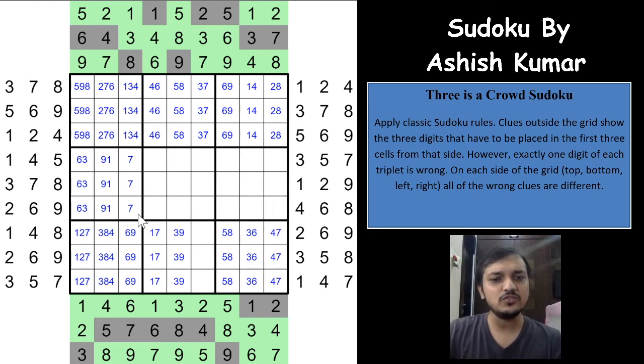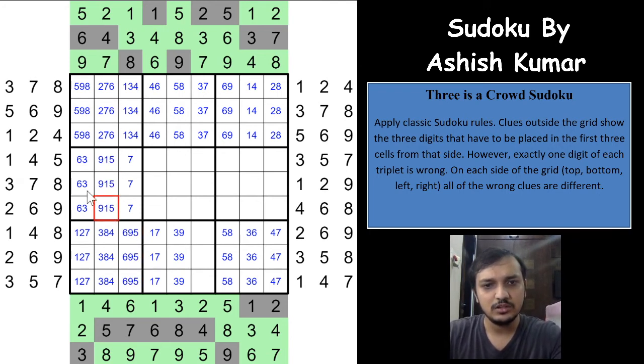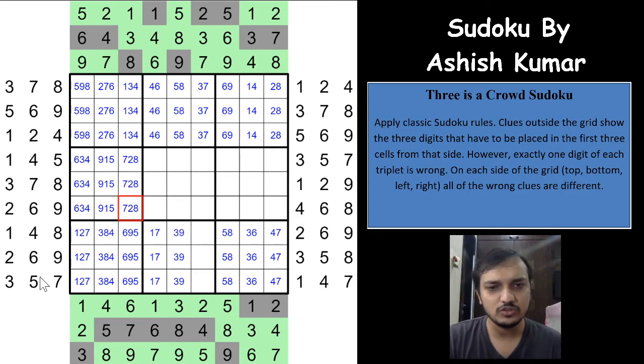Now that is the thing I was saying. Marking these possibilities will help you to progress the puzzle easily, right? So you got the digit which is wrong and which is correct, right? Which means the other digit has to be 5 here. I'll just mark it with the blue color. A 5 here, and which means that 5 has to be here, a 4 has to be here, and a 2 and 8 will have to be here, right? 2, 8. We have marked all the possibilities of these 3 boxes, right? Boxes 1, 4 and 7.